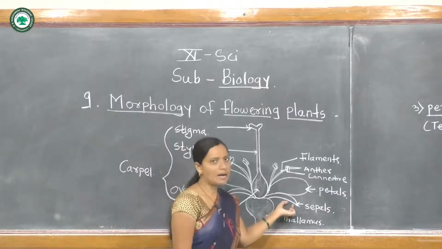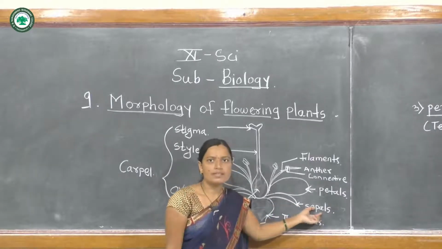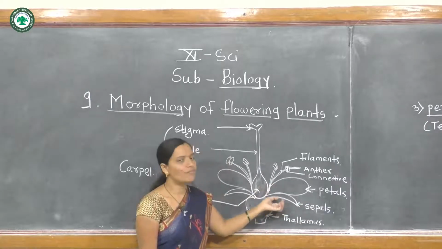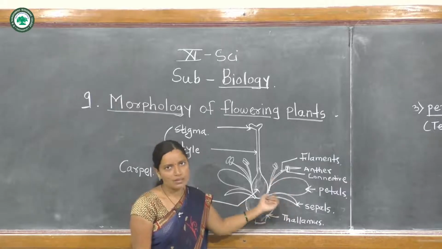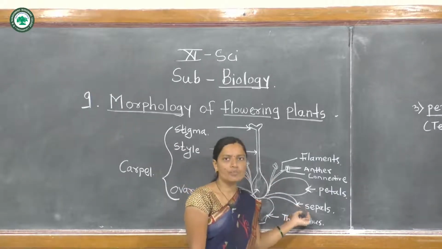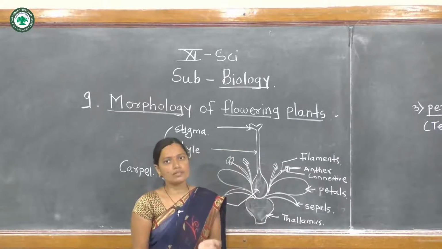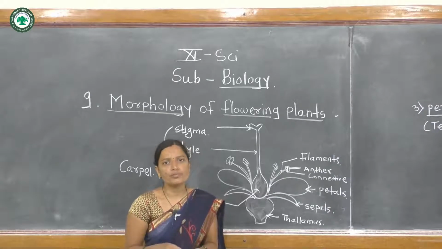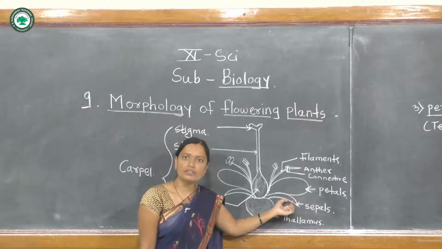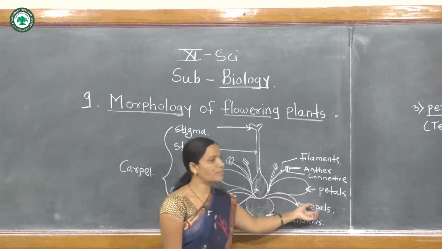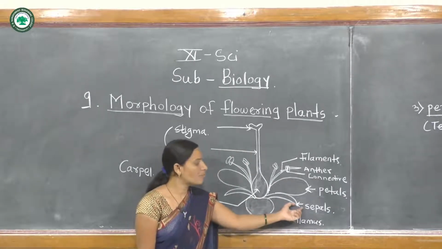Now, discussing the first part, it is the calyx. The calyx individually is known as a sepal, and the sepals in some flowers are in a gamosepalous condition, and in some flowers in a polysepalous condition. The most important function is protection. Also, in some flowers the sepals are colorful, and then the most important function is the attraction of insects. In some flowers these are colorful, and at that time insects are attracted toward the flower. It is the most important function.